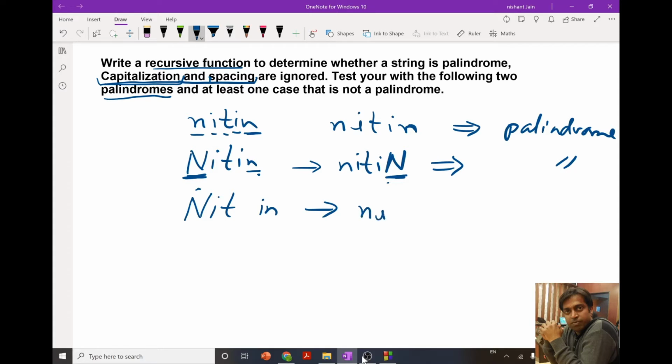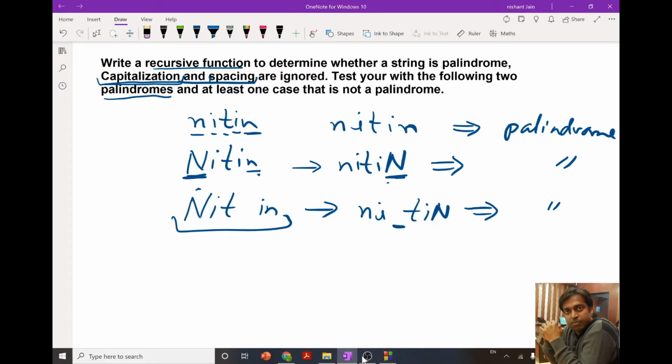Our reverse will be something like this, and because of the space, which has an ASCII code of 32, as per the concept of characters it is not going to be a palindrome. But since in the program we need to ignore the spaces, our program should consider this word with a space between T and I as a palindrome.